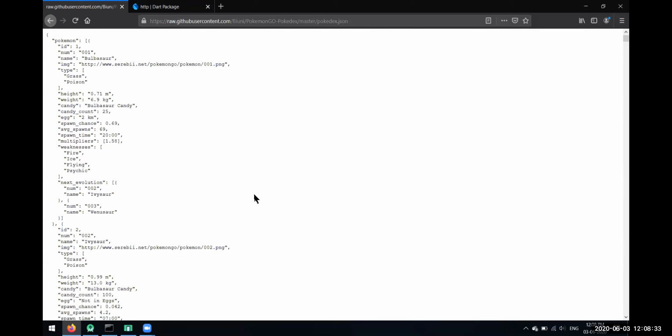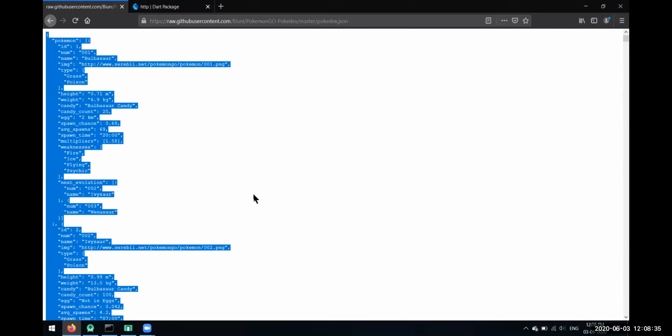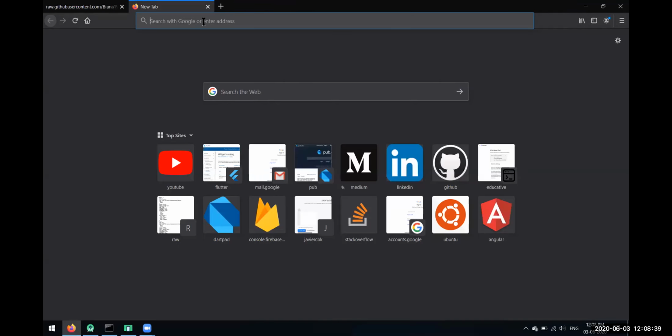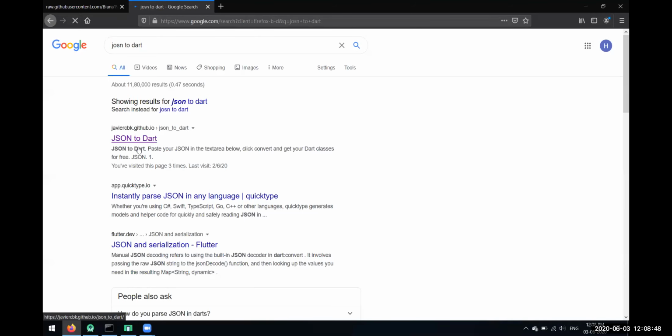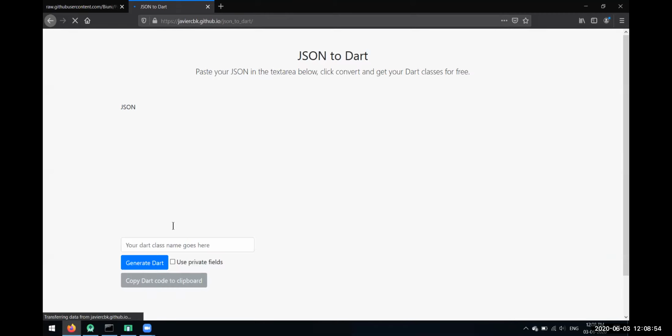So let's copy this whole JSON object, and I'll tell you one thing. Go to this website for JSON to Dart. Just search JSON to Dart in Google. You'll get this first website to convert this whole JSON object into a Dart class.